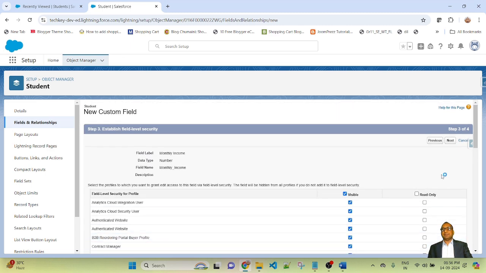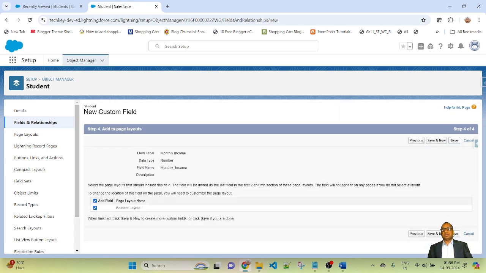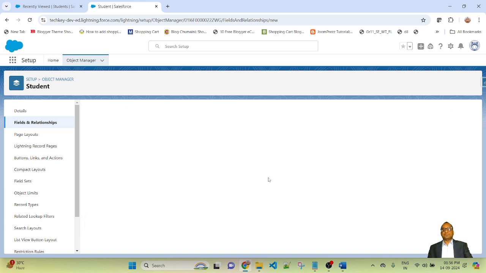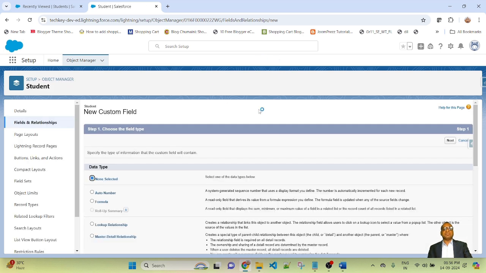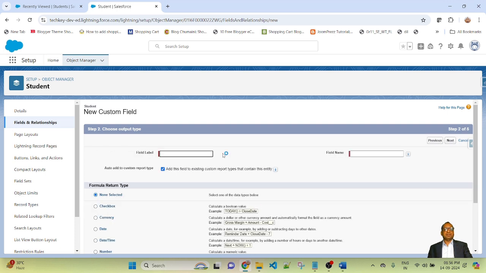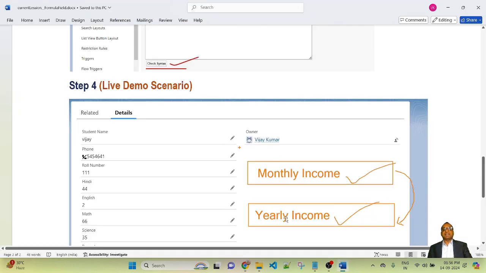Visible for all profiles. Next. Save and New. So first I created Monthly Income, then I will create a new field for the formula field. So now select Formula, then Next. Right now I will put the name Yearly Income.